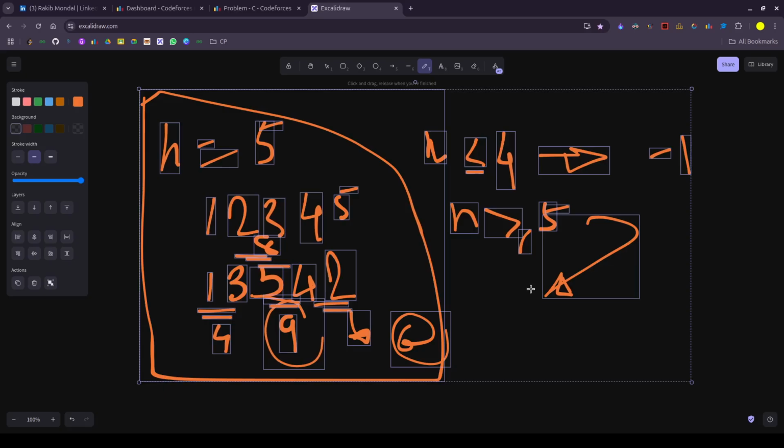How can we build such a permutation? How can we observe this? Let's take n equal to 7. For 7, we have the values 1, 2, 3, 4, 5, 6, 7. Just think, friend, just think about